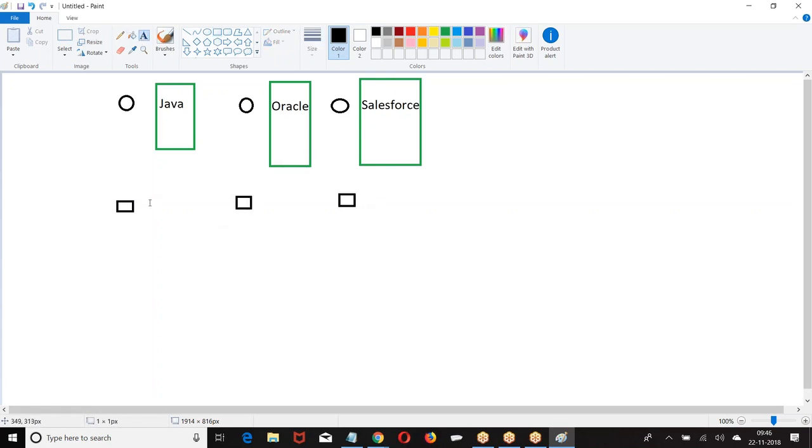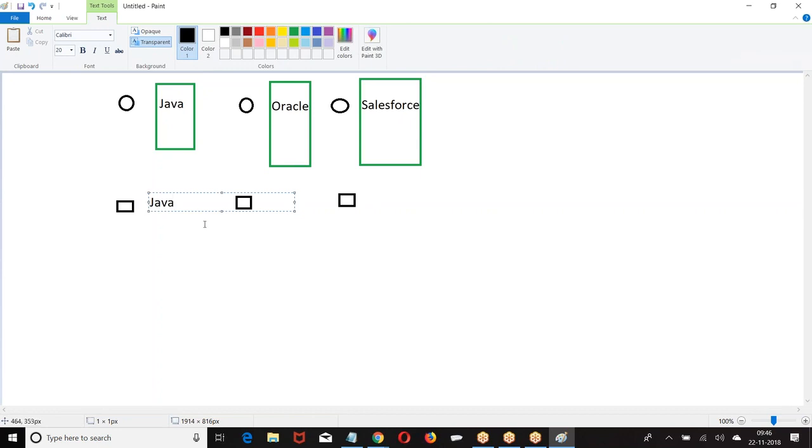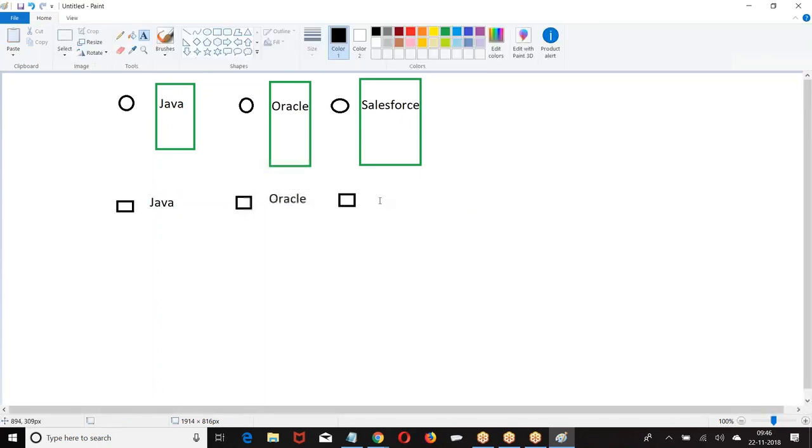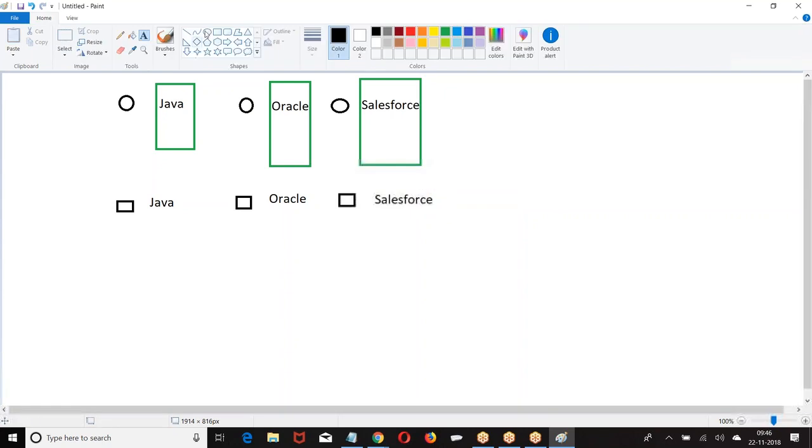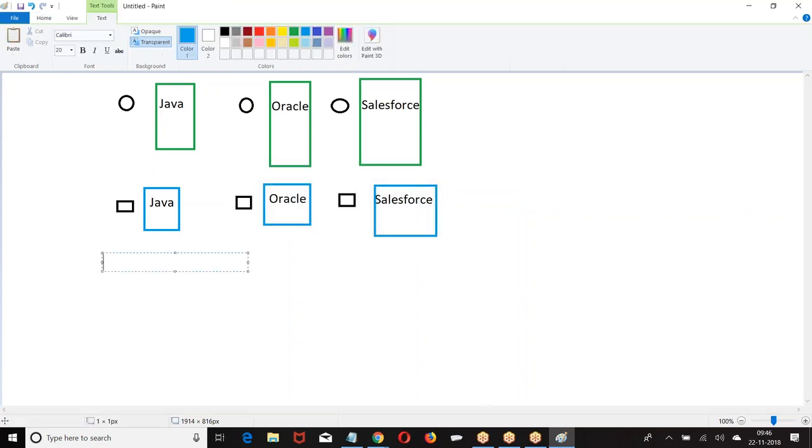Suppose I told you can choose one or more number of courses. If I say you can choose one or more courses, we'll go with a checkbox. When do I go for radio button? You are allowed to select any one radio button. You can select more than one checkbox. Now here, what is this Java? Option. Oracle? Option. Salesforce? Option. If I am creating a pick list,